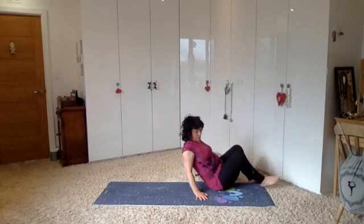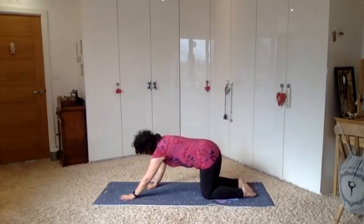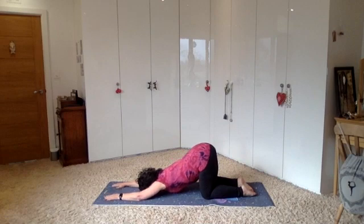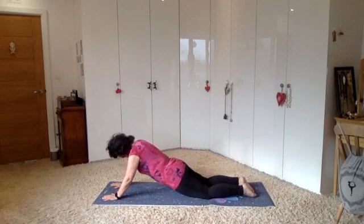And before we finish, we'll just come into a puppy pose on the floor. So knees and shins on the floor. Stretching your hands forwards until your chin comes onto the floor. Just letting your chest sink. And then carefully coming out of that into your belly